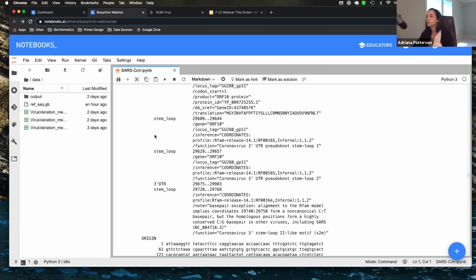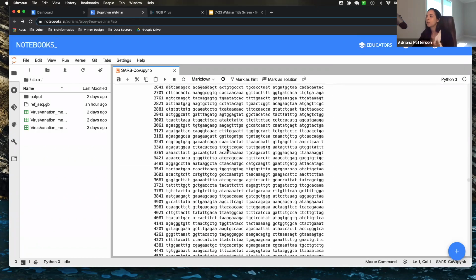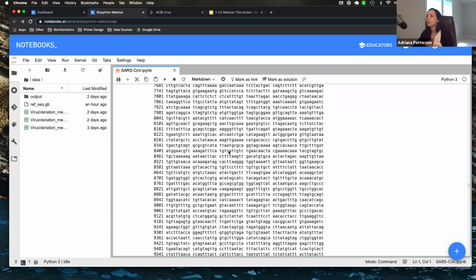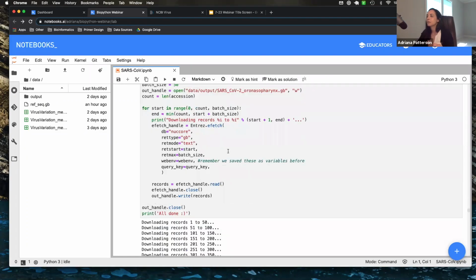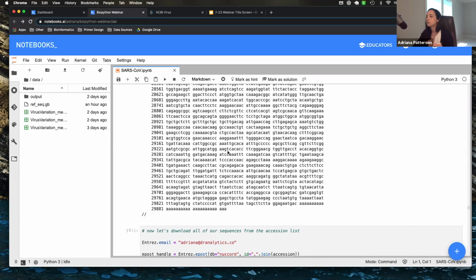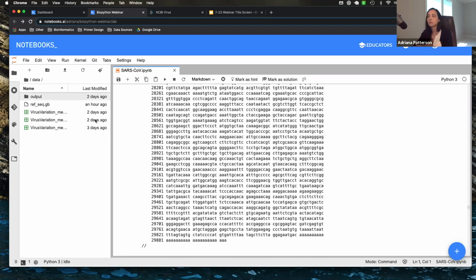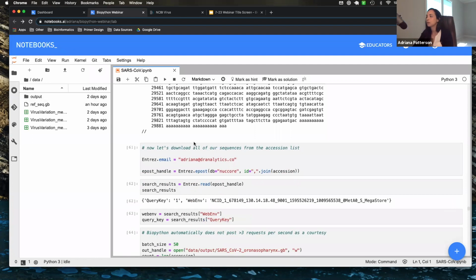All the way down here, we have more features, and here is the DNA or RNA sequence. So 29,000 bases is quite long. I'm just going to scroll all the way down. And now that we have our reference sequence saved, we're going to move on to downloading